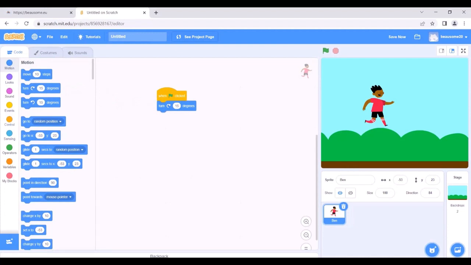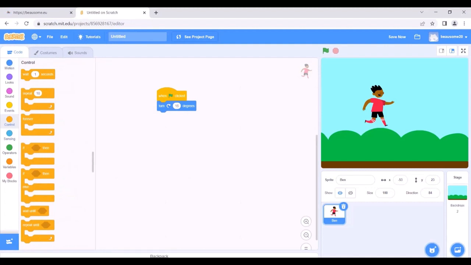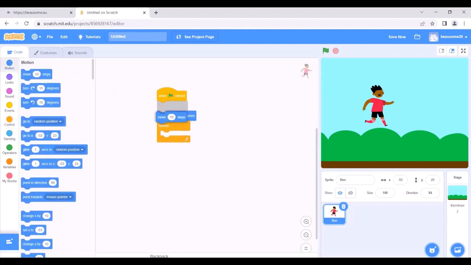Then I have to go to the control section, and here I can find some if statements and forever loops. From here I will choose the forever loop after the turn 15 degrees block, because I want these blocks inside the forever loop to do these actions every time that I click the flag. So inside the forever loop I will put move 10 steps.